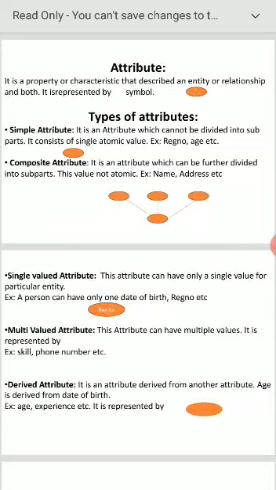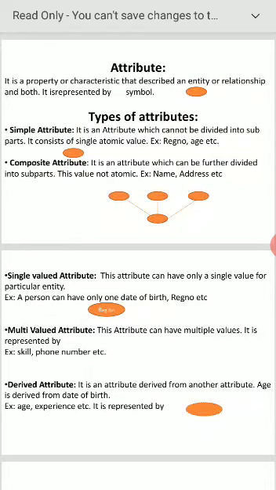Next, single valued attribute. This attribute can have only a single value for a particular entity. Example, a person can have only one date of birth. A student can have only one register number.